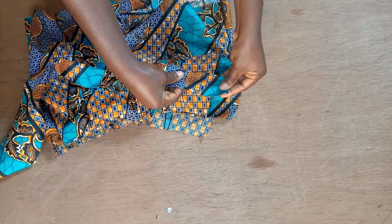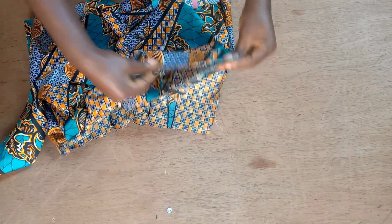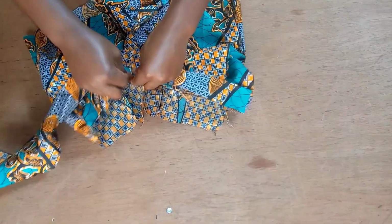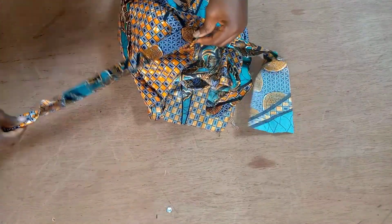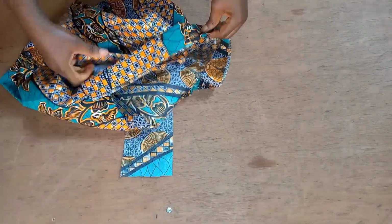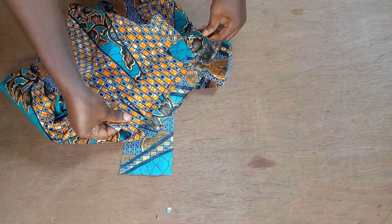So I'm going to be placing this band on the waistline, and I'm going to be sewing this round. I'll take it to my sewing machine. I'm going to be sewing it round as you see me placing it. I'm just going to sew this round. If you want to add interfacing to your band, you can do that. So when it gets to the end of this